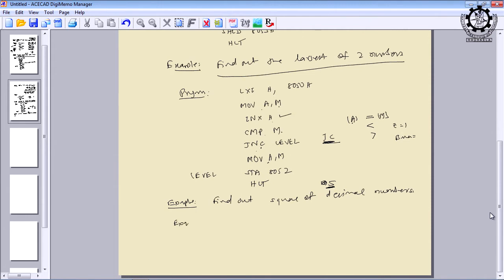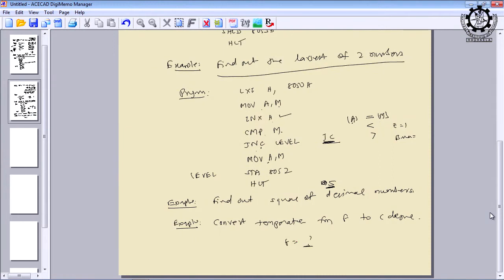And another example. Okay, so, convert temperature from Fahrenheit to centigrade. I think everybody knows the equation, F equal to, in terms of Celsius. Only that equation you have to code in the assembly language and execute, and check whether the results are coming correctly or not. And last example,